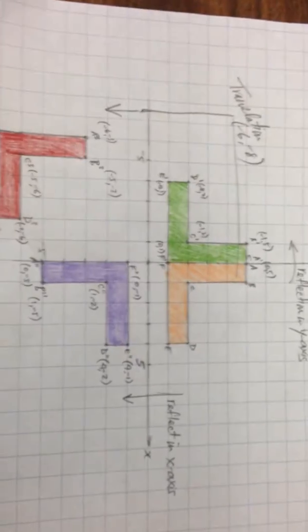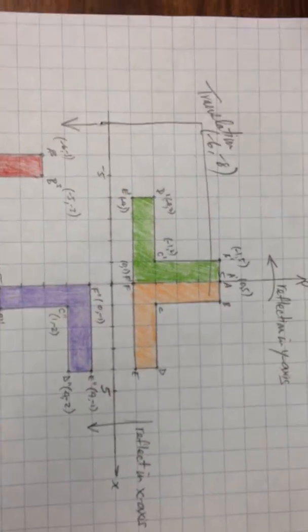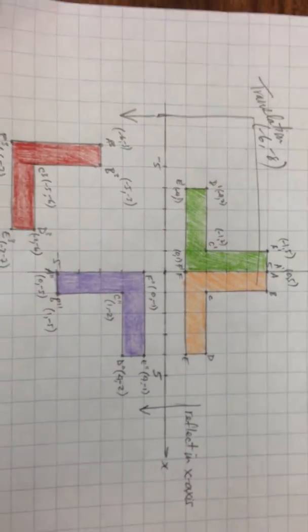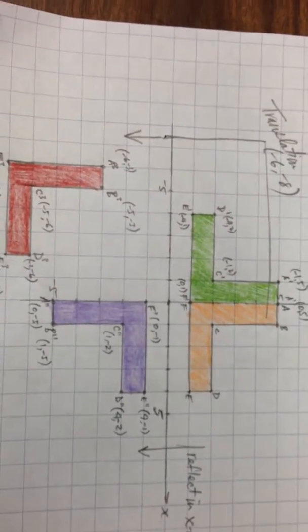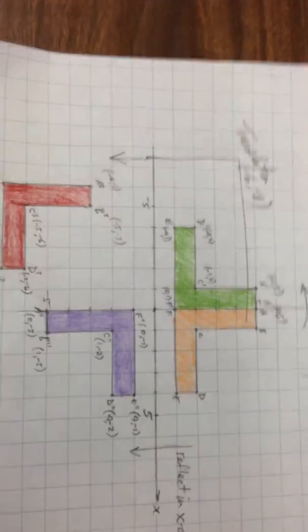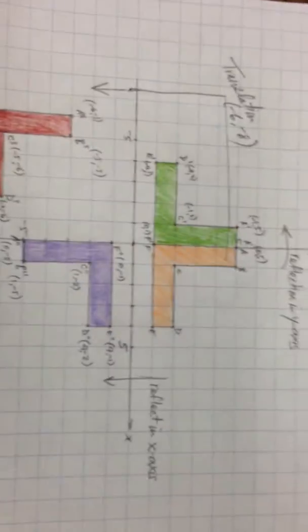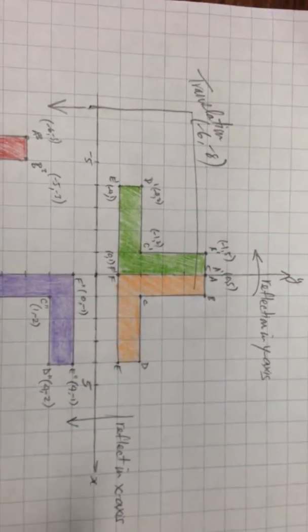Hi, grade 7. So today's homework involved doing a couple of reflections. First one in the y-axis and then one in the x-axis. And the second part of your homework involved doing a translation or a slide. All right, so as always, you had to first plot the shape, and the shape actually turned out to be